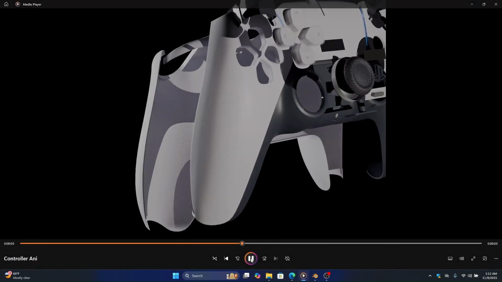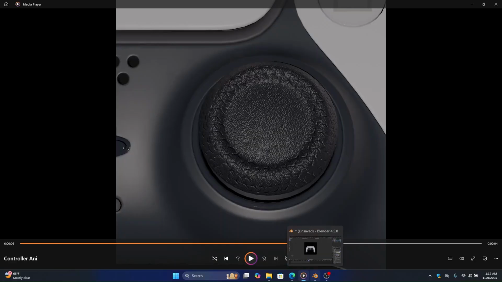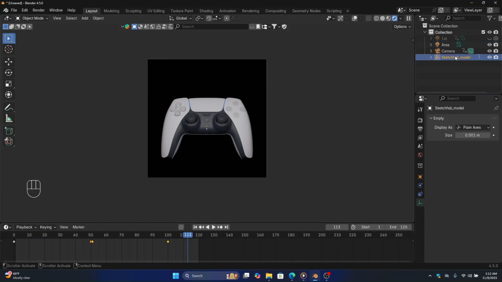And the third scene is to rotate our object, and then go to our Blender and click this